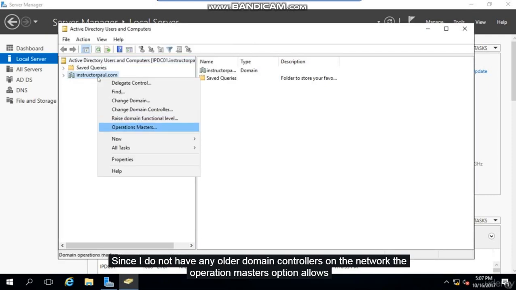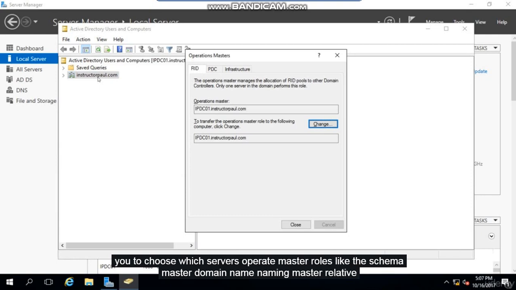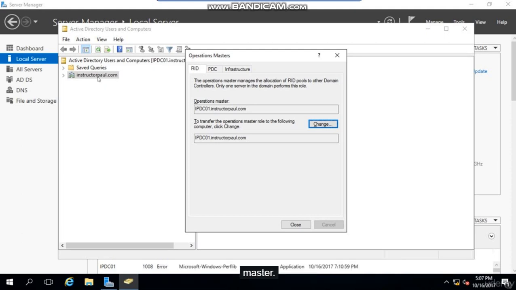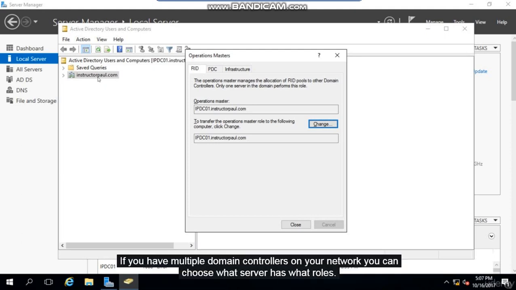The Operation Masters option allows you to choose which servers operate master roles, like the Schema Master, Domain Naming Master, Relative Identifier or RID Master, Primary Domain Controller Emulator, also known as PDC Emulator, and the Infrastructure Master. If you have multiple domain controllers on your network, you can choose what server has what roles. Now, this is something you would need to do when